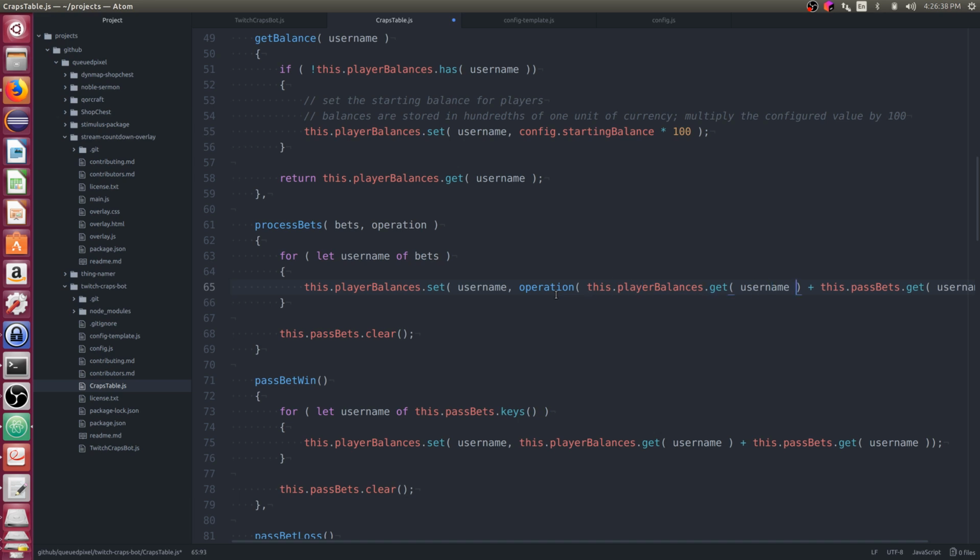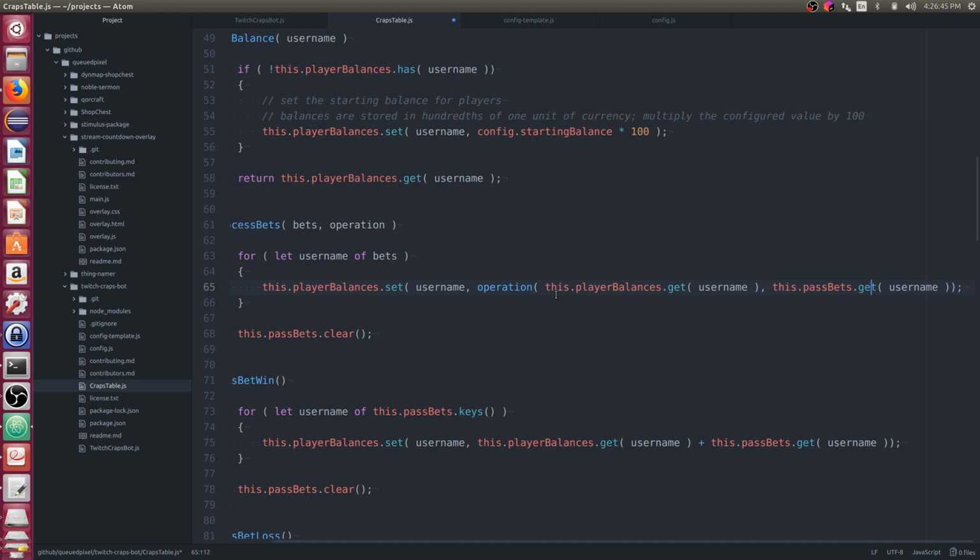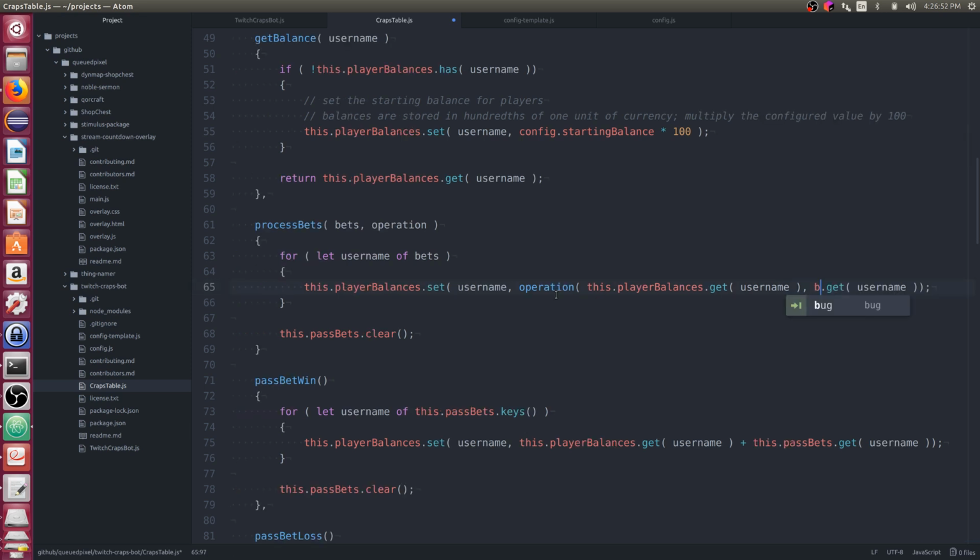We're going to get the first variable, the second variable, and this is going to, oh, Spiderheader says you'll be right back. All right. This is going to be bets.get. Let's go see what this does. The last operation is we do, instead of this.passBets, we'll say bets.clear.